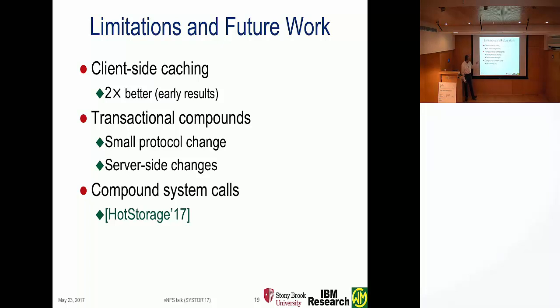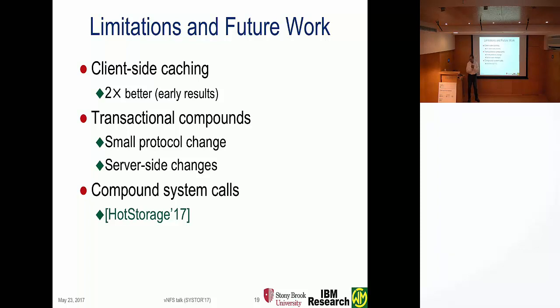And the last thing is we're looking at what it would take for people to use this in the future. And we think that you have to really change the POSIX system call API itself. It's old, lots of people have complained about it, but no one wants to do anything about it, like the weather. And so we are going to be presenting a paper at HotStorage about this general idea, basically throwing away POSIX and what the right new model would be.